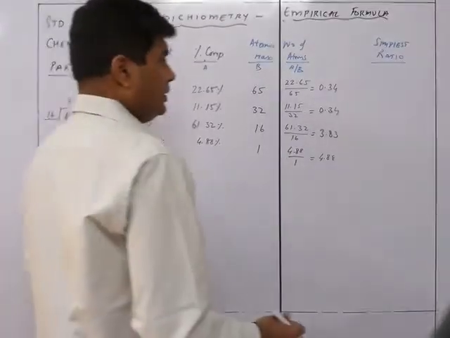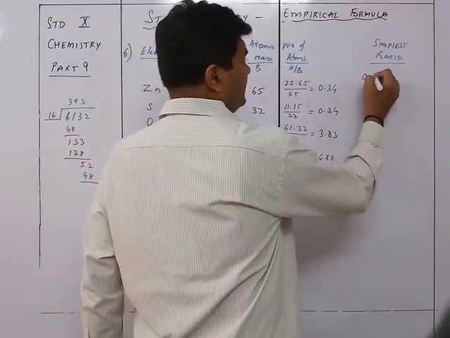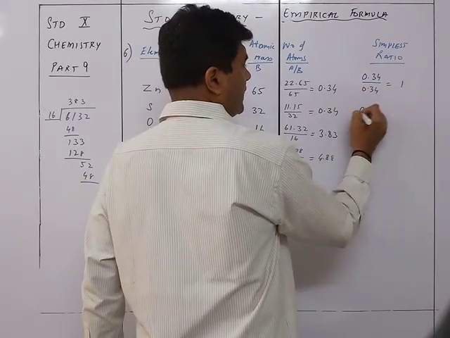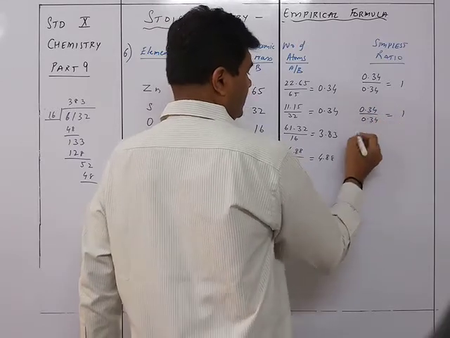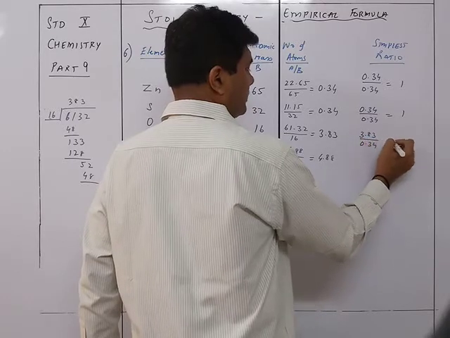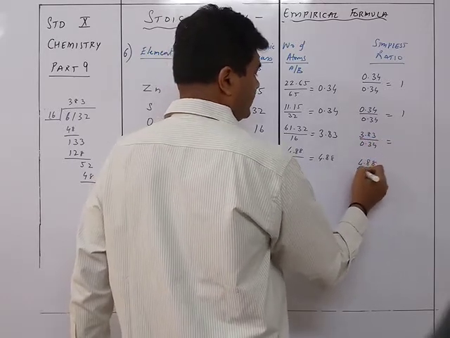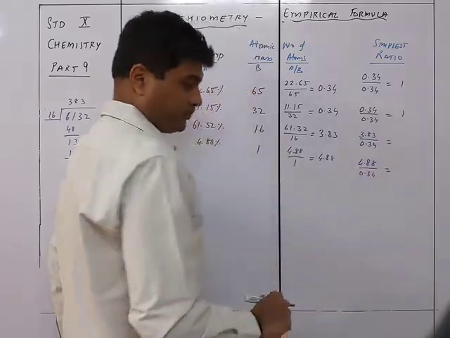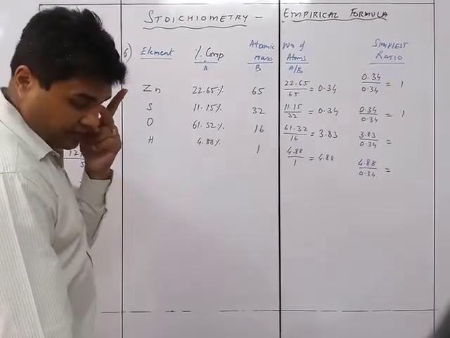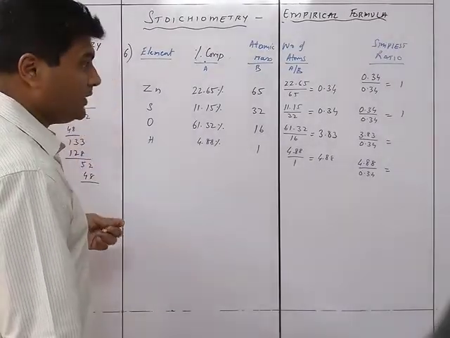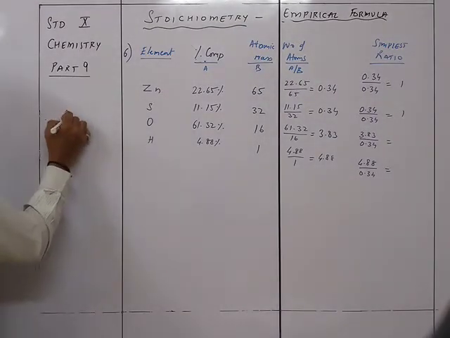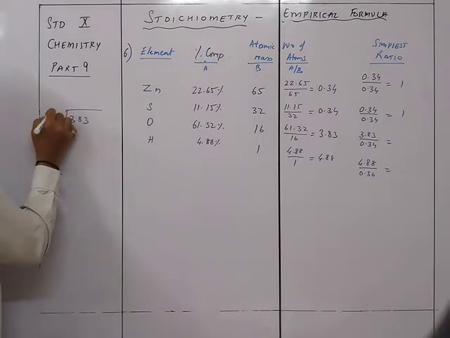Okay, so this becomes 0.34 upon 0.34, which is 1. This is 0.34 upon 0.34, which is 1. This is 3.83 upon 0.34, which is what? And then 4.88 upon 0.34 is something. Now we can check what it is over here. So it will be division again. So we have to divide 383 by 34.